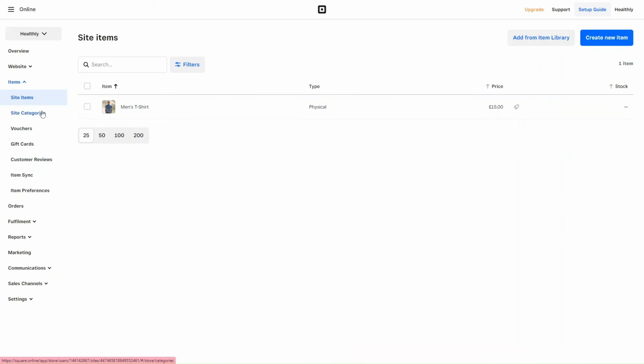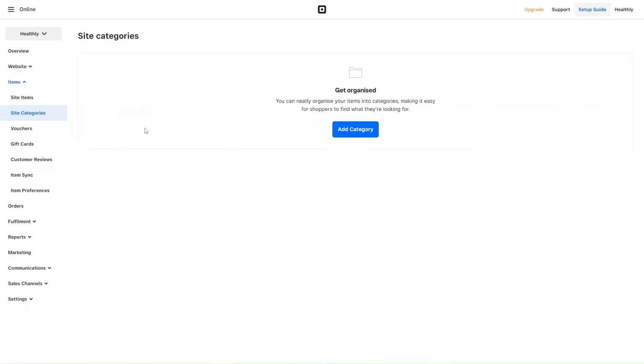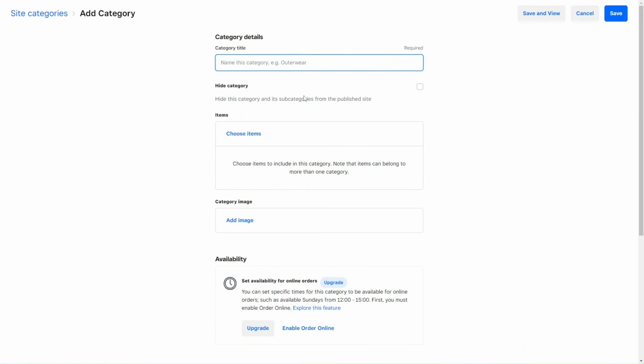The next thing that you want to make sure that you have is the site categories. So the site categories can help you organize the site a little bit easier. Especially if you have lots of products, when you categorize those products into different categories, it means people who maybe don't know what they're looking for can easily browse your website a little bit. And if you, for example, are a retail company, then you can categorize your products into different pieces of clothing. So for example, you have t-shirts,